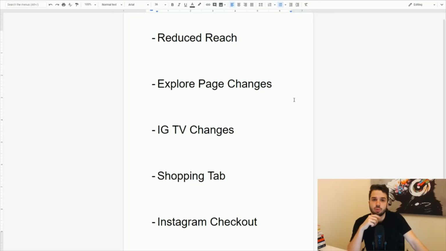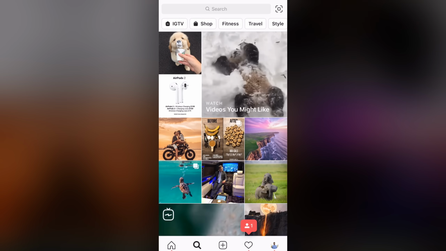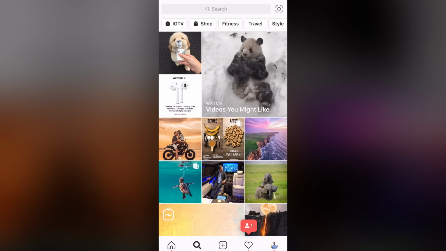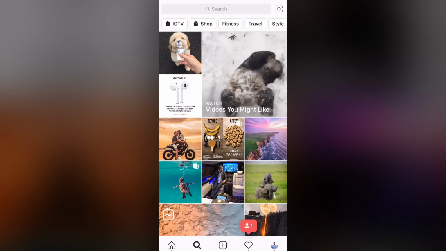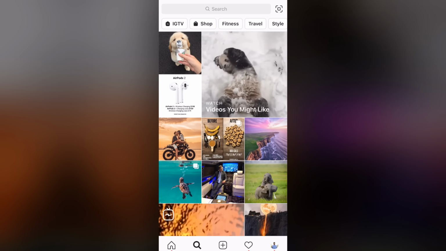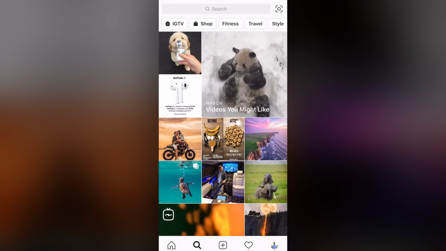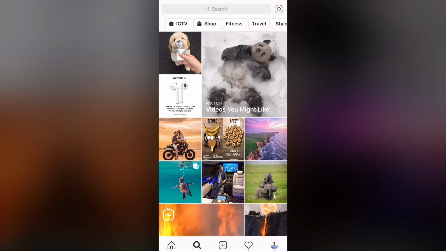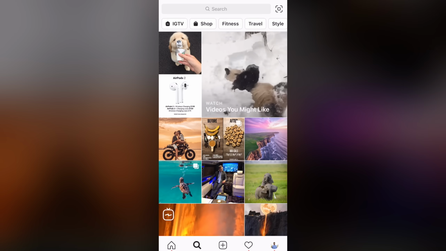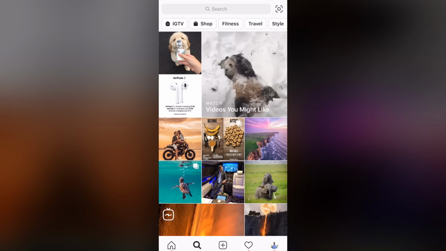Second up, we have explore page changes. Guys, you may have noticed in the last few days that the explore page has changed the way it's laid out, which is interesting. We'll just take a quick look at this. So guys, looking at the explore page now, what we can see is at the top left, the tabs have been changed from big, large picture-based tabs to small, neater, more clear tabs,